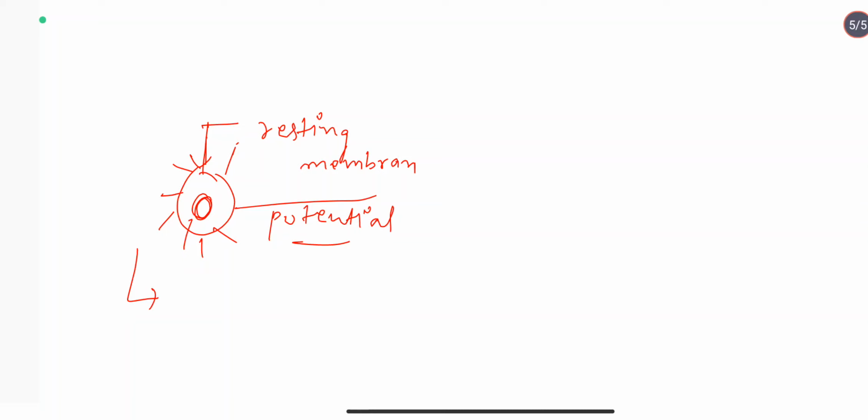So, an average neuron in our human body has a resting membrane potential of minus 70 millivolts. Okay, now moving on, I am going to use the word membrane potential across this lecture 100 times. So let us see what this membrane potential is. This membrane potential is nothing but a potential difference,